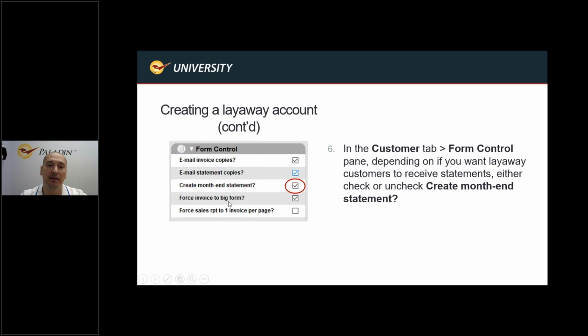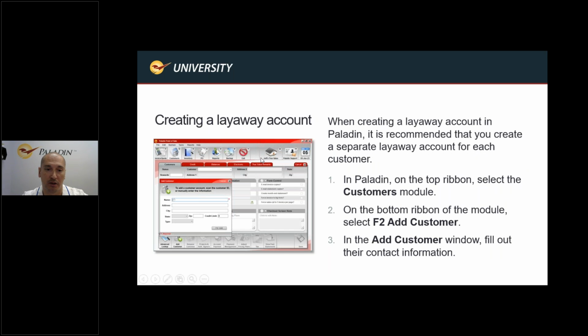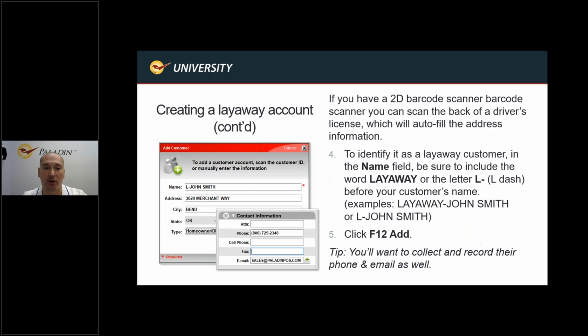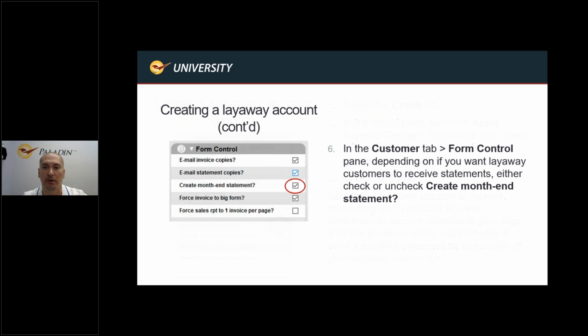And then creating a layaway account, continued here. In the customer module, up top on the credit tab, in the customer tab, an option for you is to uncheck the month-end statement box. We're not saying one way or another whether or not you should or should not uncheck it, but the thought